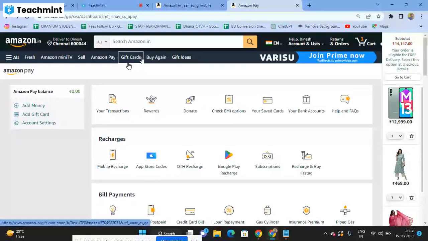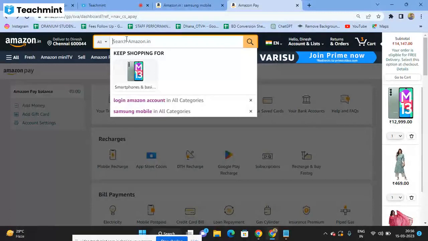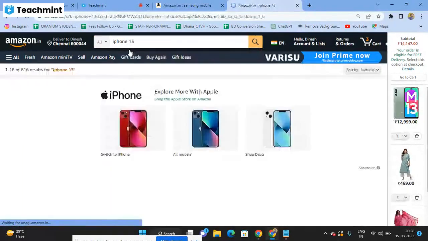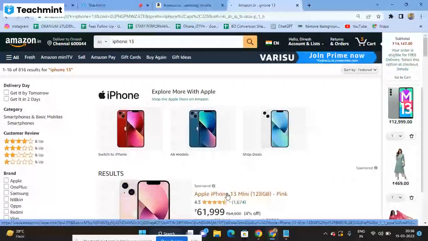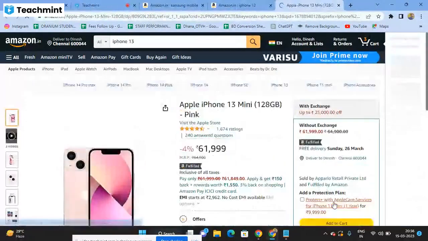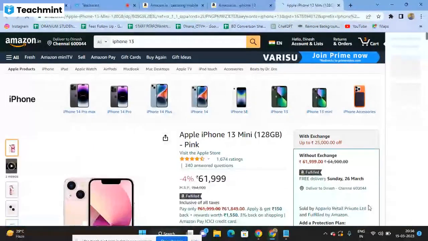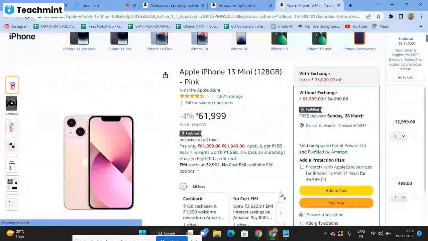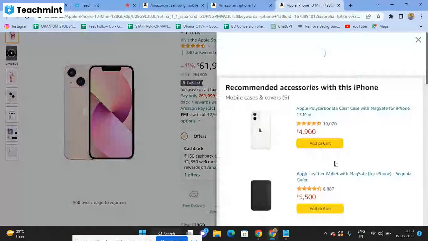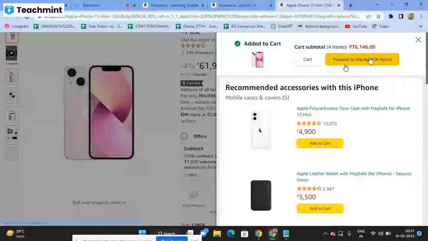Suppose I'm going to search one product. Say I'm searching for an iPhone. Now let me select this iPhone 13. Now I'm going to buy this product, right? Before that I can click on add to cart also. So let me click on add to cart. And then we have add to cart, right? Let me click on proceed to checkout. Then after proceed to checkout,